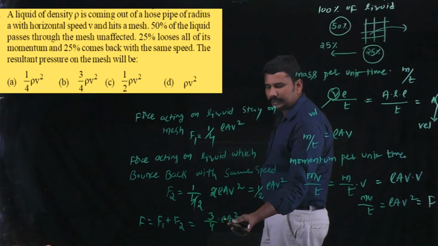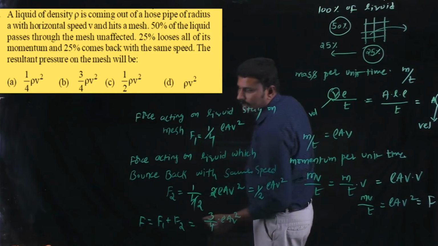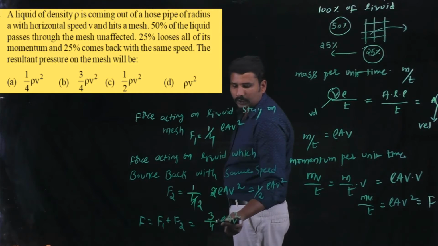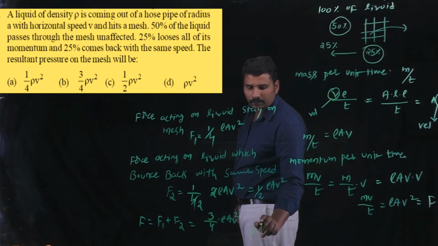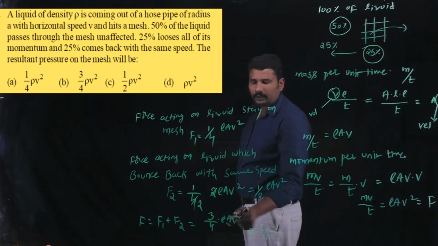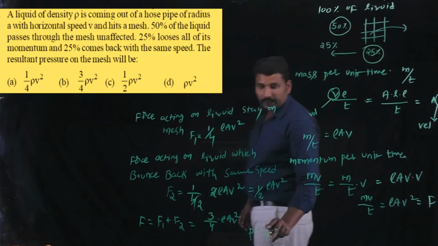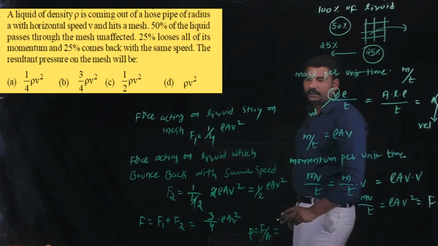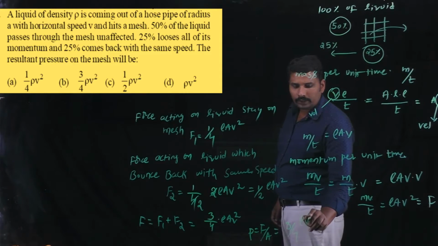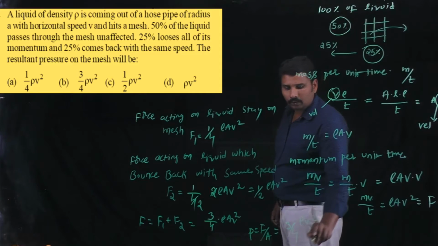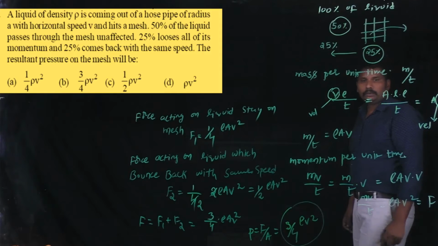Okay, this is the area of cross section. On getting the area of cross section into the LHS side, it is force by area, and this force by area is nothing but pressure. P equals F by A. F by A is nothing but pressure, that equals 3 by 4 into rho v square. This 3 by 4 rho v square is the pressure acting on the liquid.